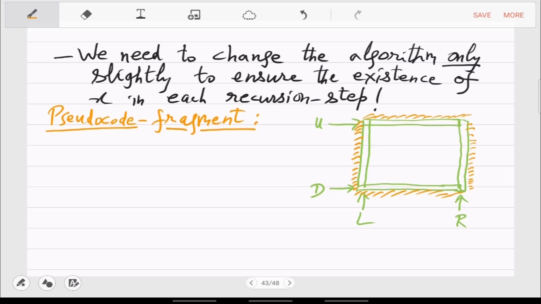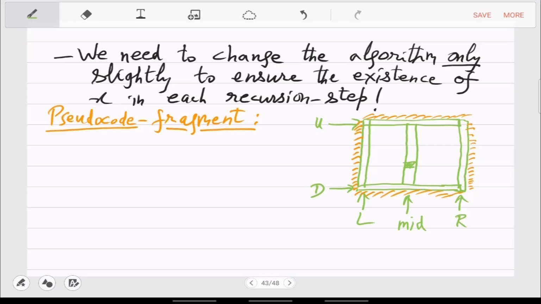That's the invariant. Now, when you decide to change the boundary, in the next step you will look at the mid. So mid is somewhere here, and in the mid column you will find the min element, which is somewhere here.